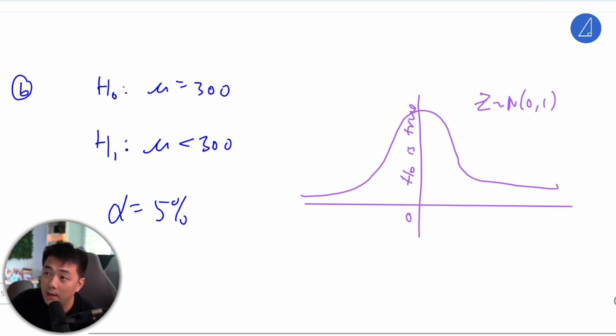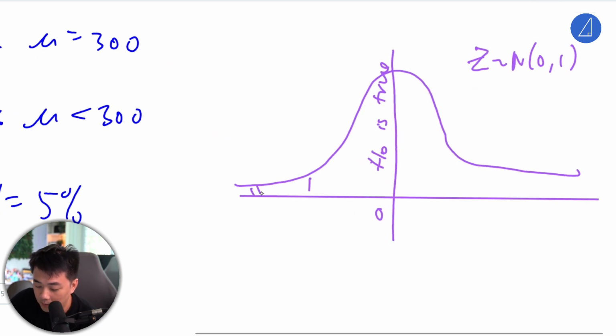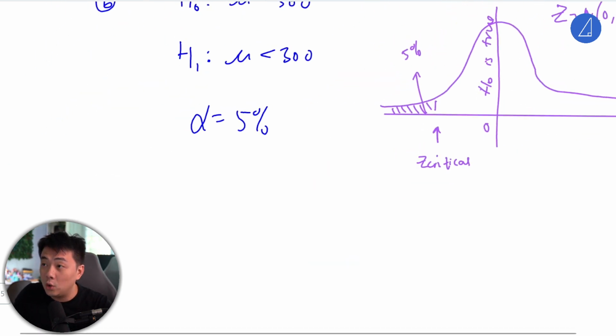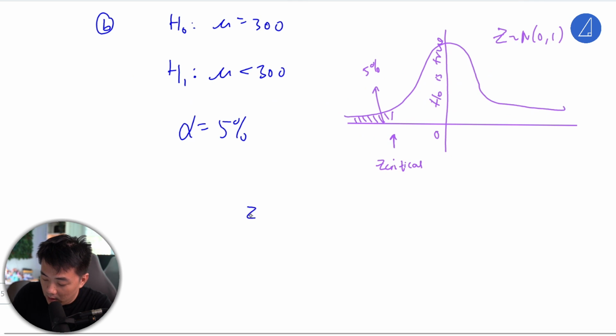Okay, so then after that, what we need to understand is we cut out 5% on the lower tail, and this will be our rejection zone. So this is 5%, and this over here is our z critical. Okay, so just find the z critical. This is the reason why I usually use the standardized form, because it's easier. So from the GC,